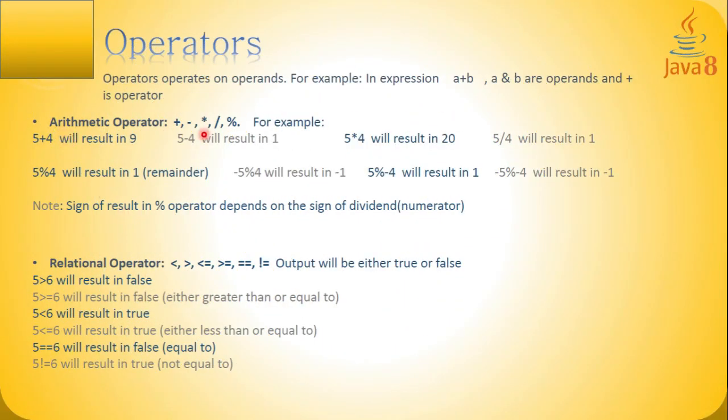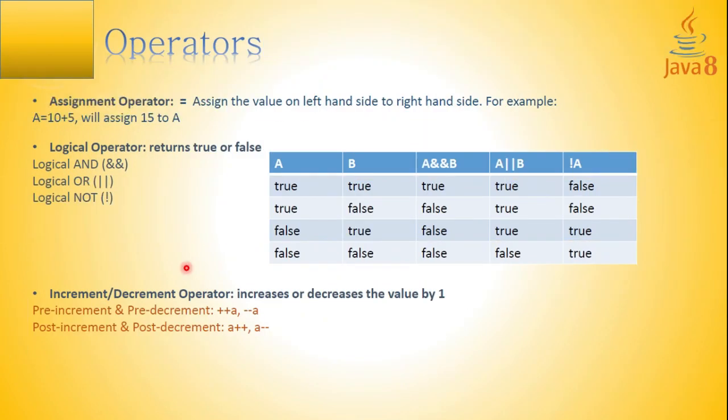So we have arithmetic operators. Here we have 5 arithmetic operators. Relational operators, we have 6 relational operators. These all are operators. Operators help us to do some operations. They are symbols to perform operations on operands. Suppose consider this, A is equal to 10 plus 5. Plus is the operator and 10 and 5 are operands. Is it clear for you?